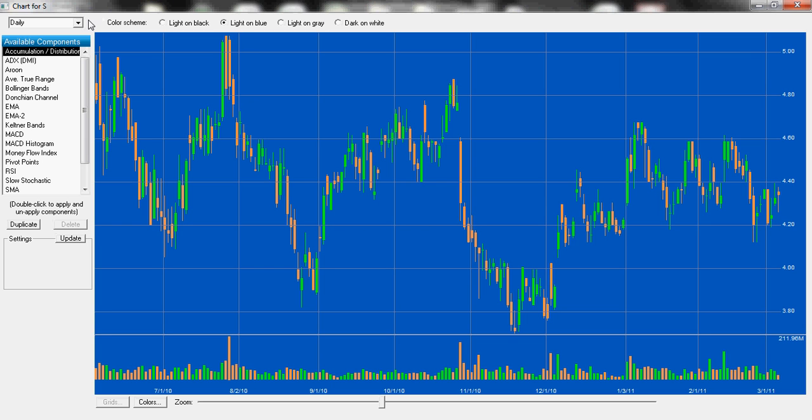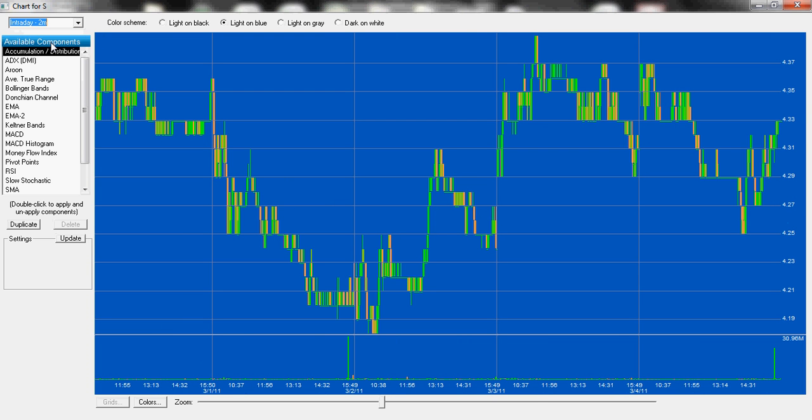I find that light on blue is a little bit easier on the eyes. In the very top left corner we have our time intervals or candlesticks. Right now we have it selected on daily time interval, which means that each candlestick you see on the graph represents 1 day. If we were to change the time interval to 2 minutes, now each candlestick on the graph